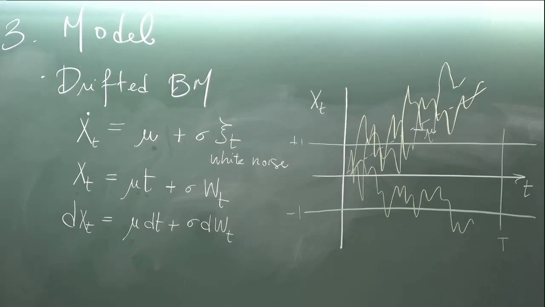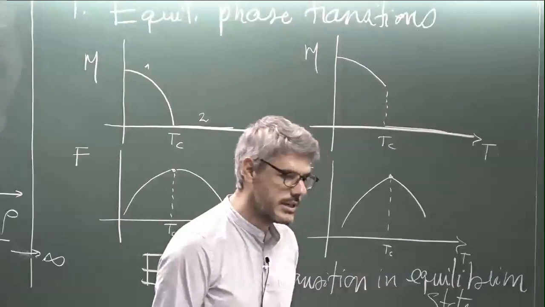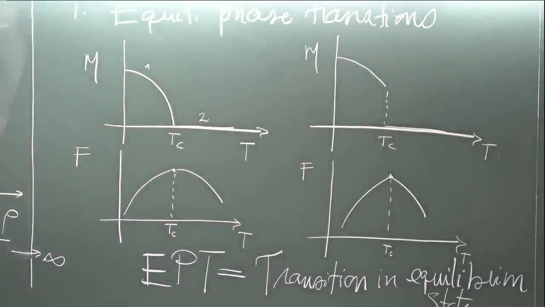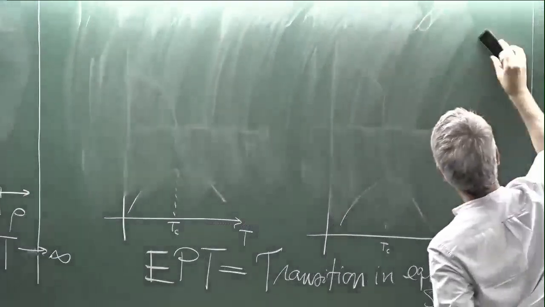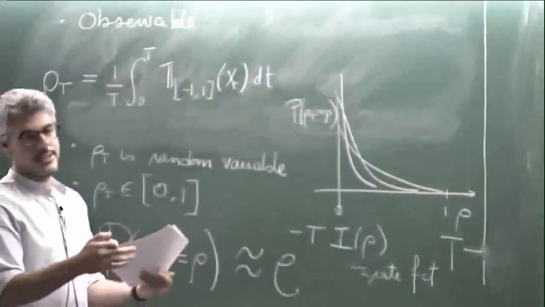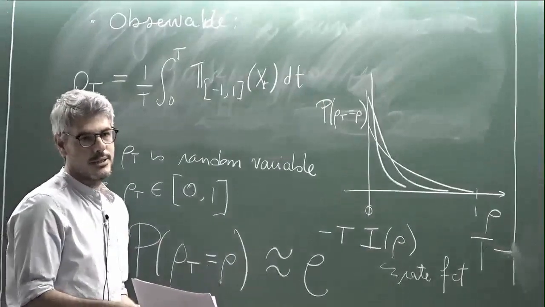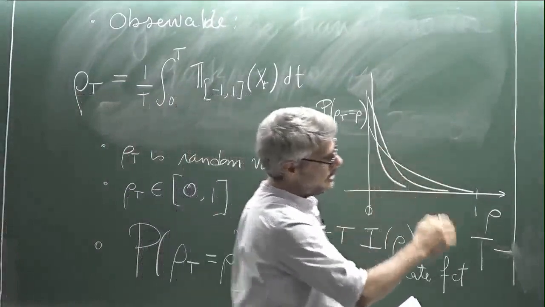Okay, so the goal now is to show you how you calculate that rate function and then discuss singularities will appear and then we'll discuss the physical meaning of this and then we'll see that indeed they correspond to dynamical phase transitions. Okay, so how do we calculate rate functions? Now I will condense in basically 2 minutes something that we spent 3 hours, if not more. So if you want the details, there's actually a video from ICTS of 3 hours, 3 lectures explaining how you get rate functions. And I'll summarize this just on this